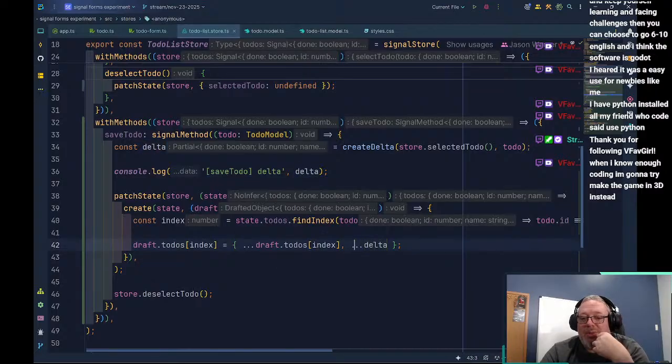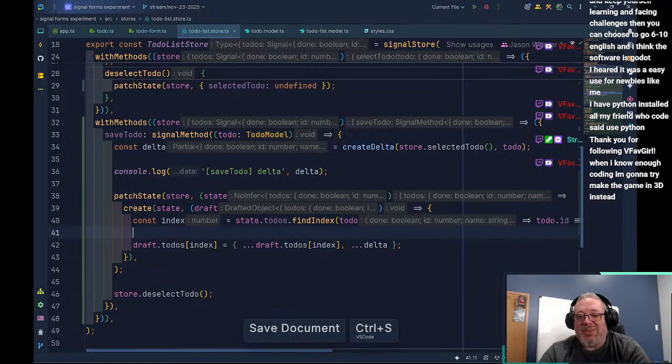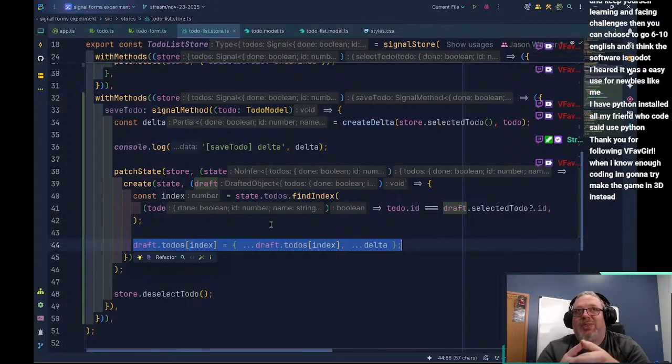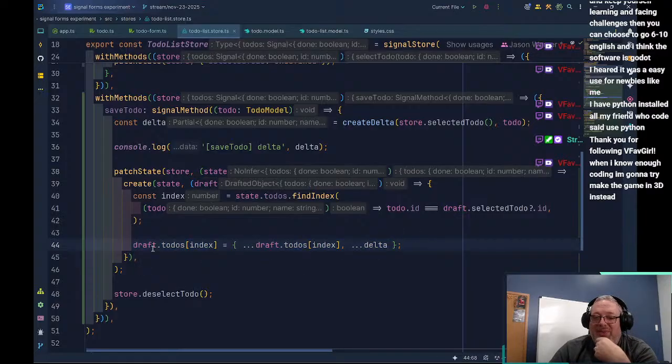Yeah, that works. And the nice thing about using something like mutative is we can use what looks like language that's going to cause a mutation, but mutative actually uses proxies underneath. So we're not actually doing a mutation here. And that's why I like mutative, it allows me to write code in an immutable way that looks like I'm mutating the object.